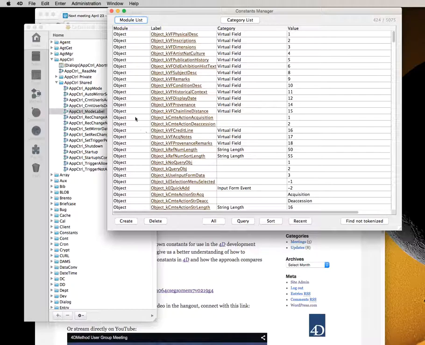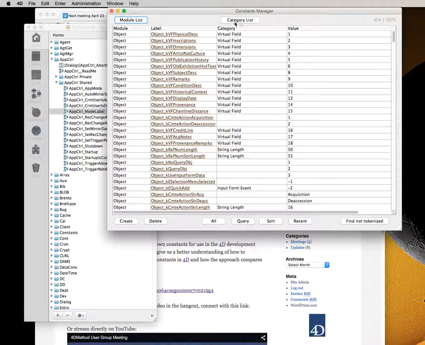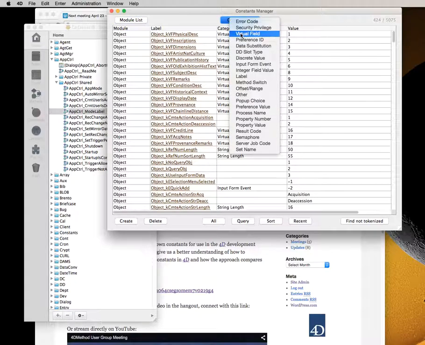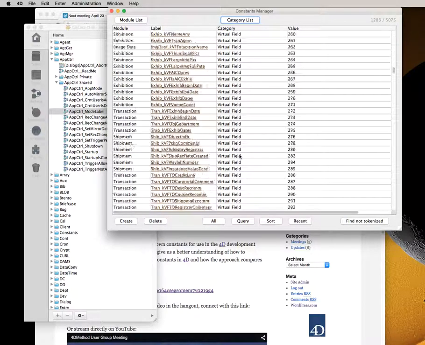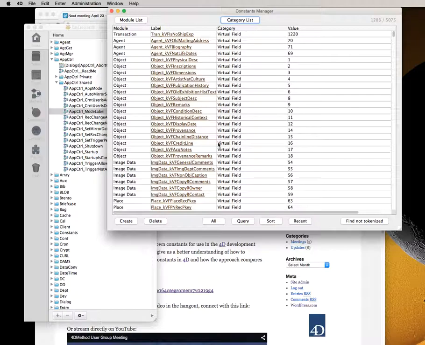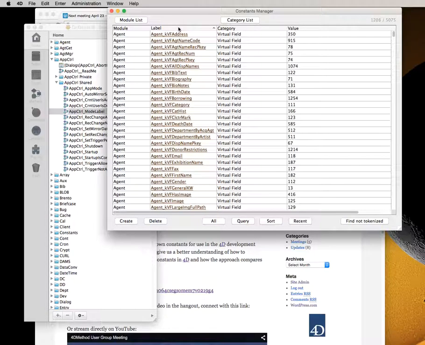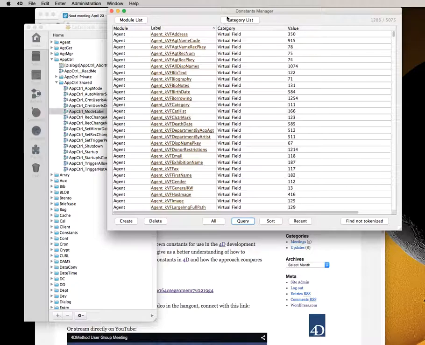Here are all the object constants that we have in our database. If we just wanted to see all the virtual fields that we have registered in the application, we can see them in this manner, and do all the usual things, sorting by value, label, and whatnot. Query on how they're stored, different properties of the constants. Also clicking into